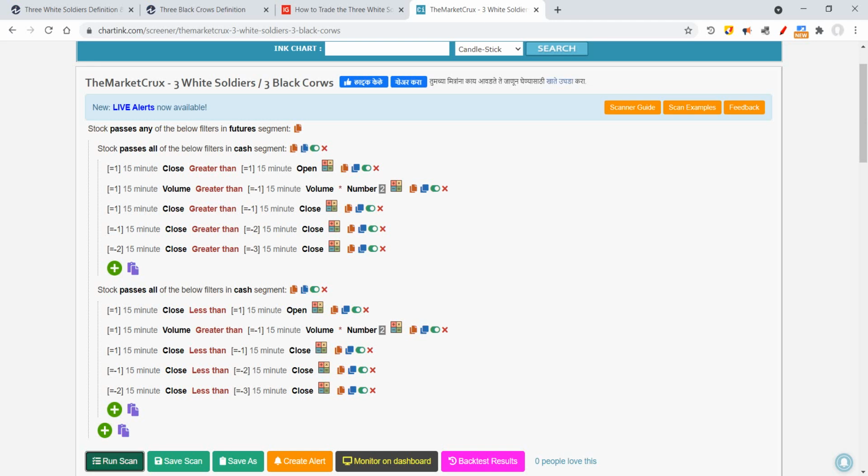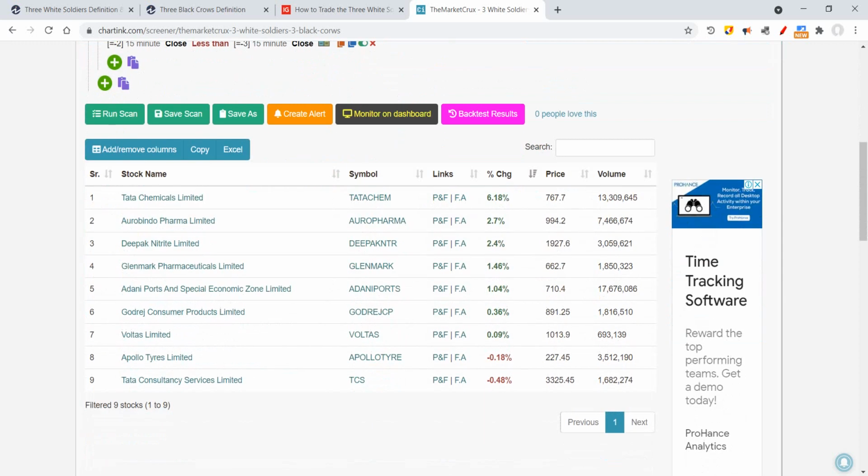So when I run this particular screener, I get this list over here, and these are the stocks where we could have taken some trades around 9:30, or between 9:30 and 9:45 in the morning. Let's start looking into some of the examples, and I'll be able to explain better on the chart. The first stock we got on the previous trading day was Tata Chemicals. Let's check how it performed based on the criteria. We will also be covering all the rules which we have to follow.